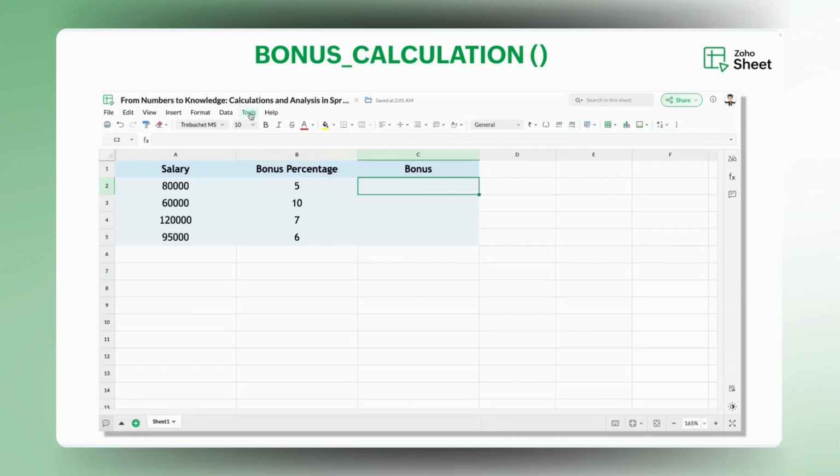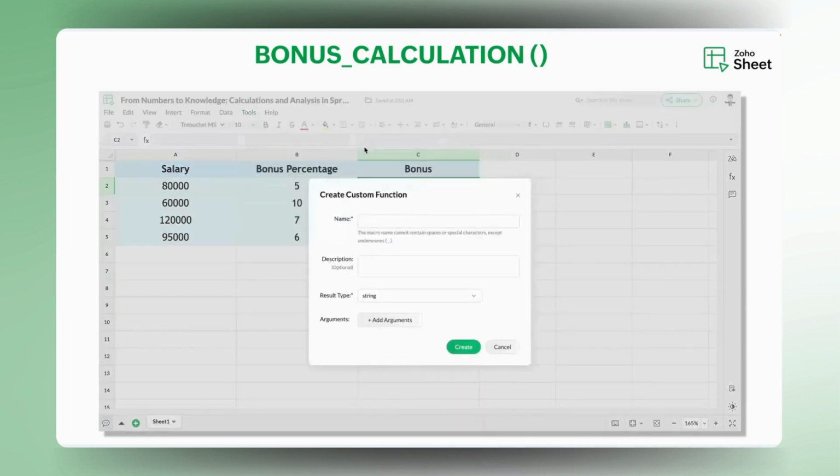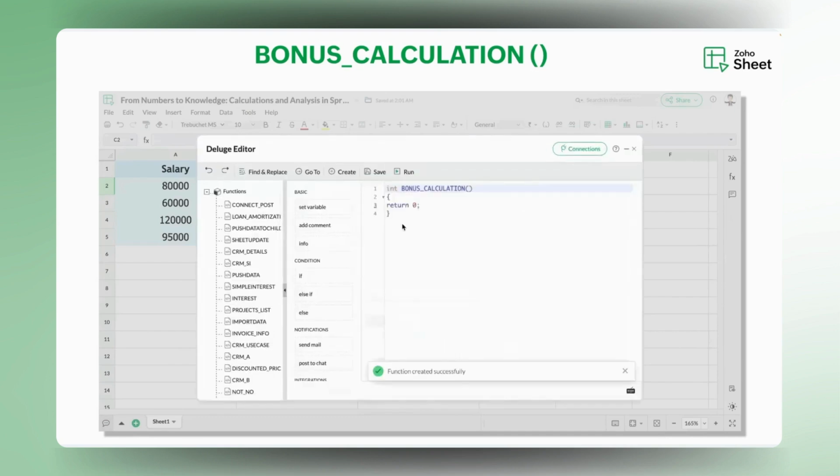Since we already have the code, we have to save this as a custom function. Follow the same steps. Give the key name. Choose your result type. And type your code in the editor. So here I'm choosing the result type as integer. Type the code here and save it. Now, as we have saved the custom function,